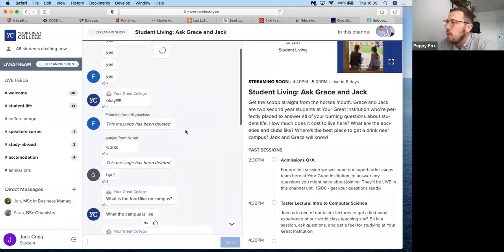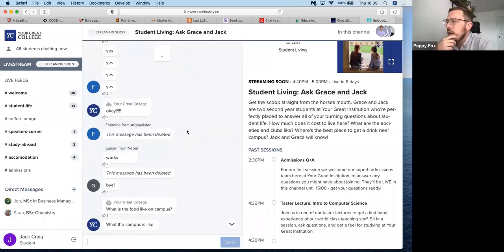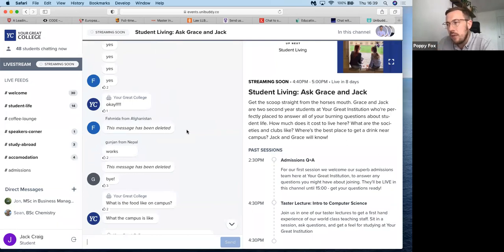But the big benefit of this, as you can see here, is that there's not just one feed. You can customize breakout feeds and channels. You can also enable direct messaging. The use case I give for this is if you're running an open day style event via Zoom, for example, you'll have the streaming and then you'll have one main feed. But what will happen if we take the example of a faculty member giving a taster lecture or doing a Q&A with potential students is you'll have 80 to 90% of the guests at the event asking really relevant questions, and they're being picked up by the faculty.